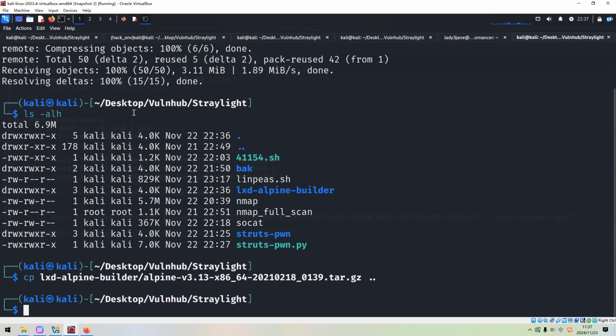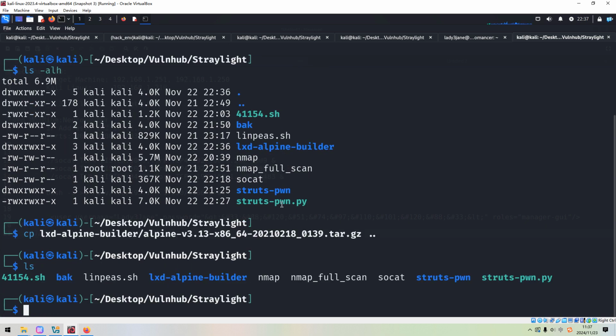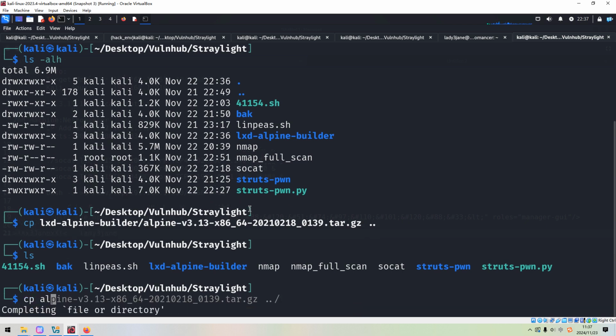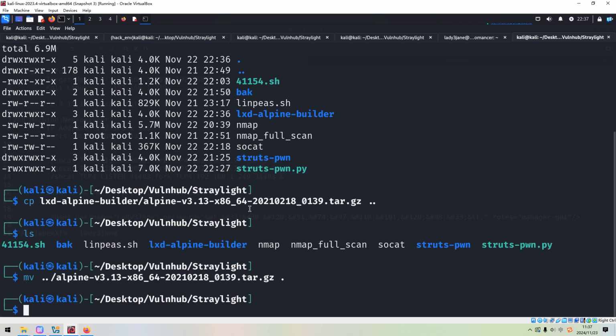So next, we can upload. Oh. Move. Alpine. Okay. So now we can copy the file name.